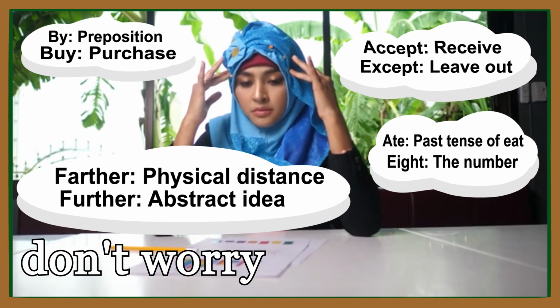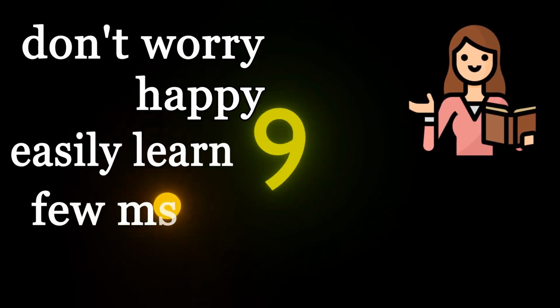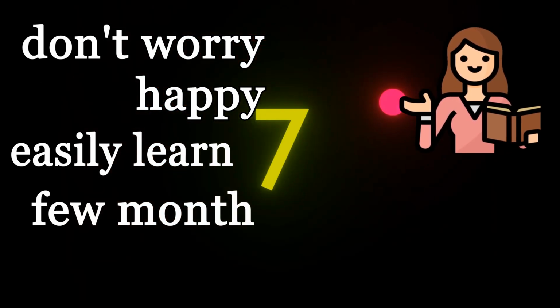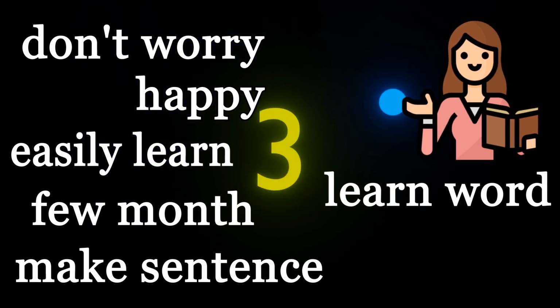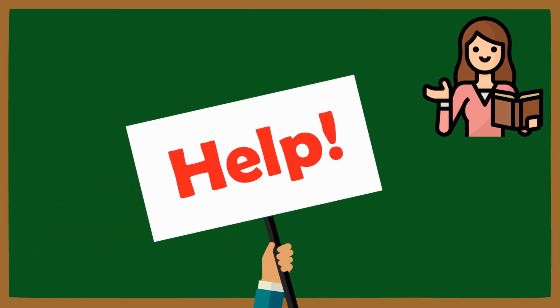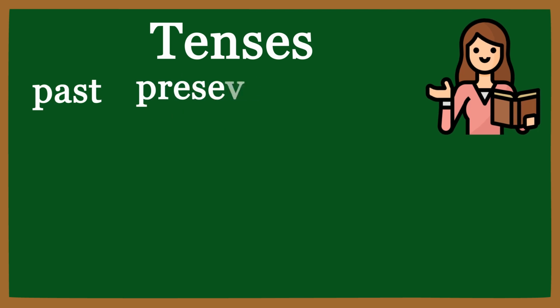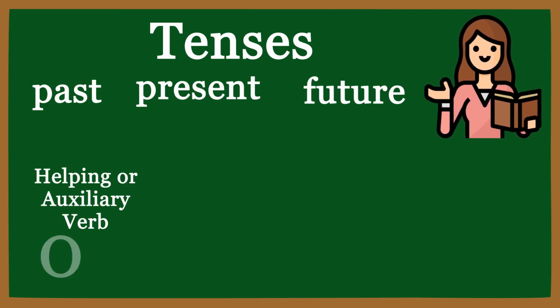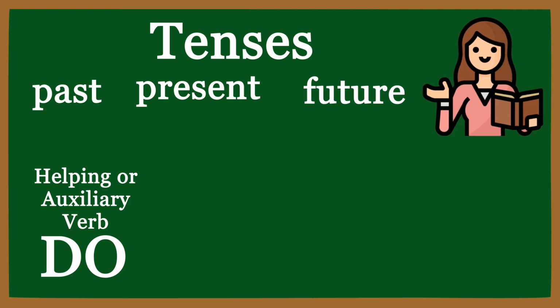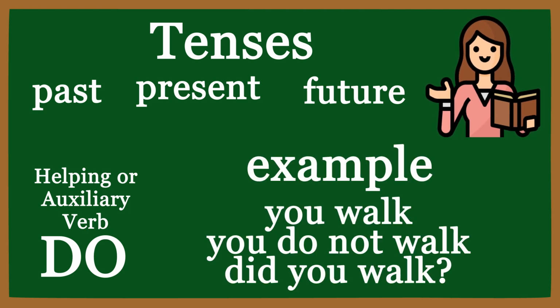But don't worry friends, be happy, you can easily learn English within a few months if you give some time constantly to make sentences and learn most of the words. Friends, to help everyone, first we talk about all tenses, after that we will talk about how we use the helping verb, or auxiliary verb do, and at last, most important, we will give you some examples to clear all the doubts